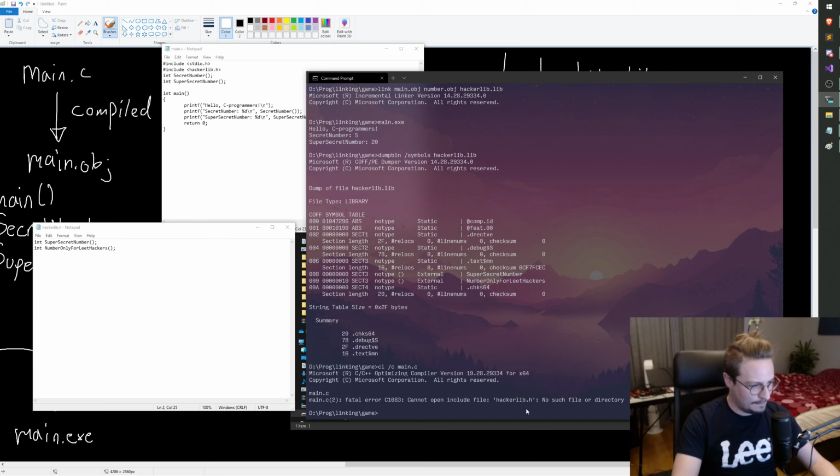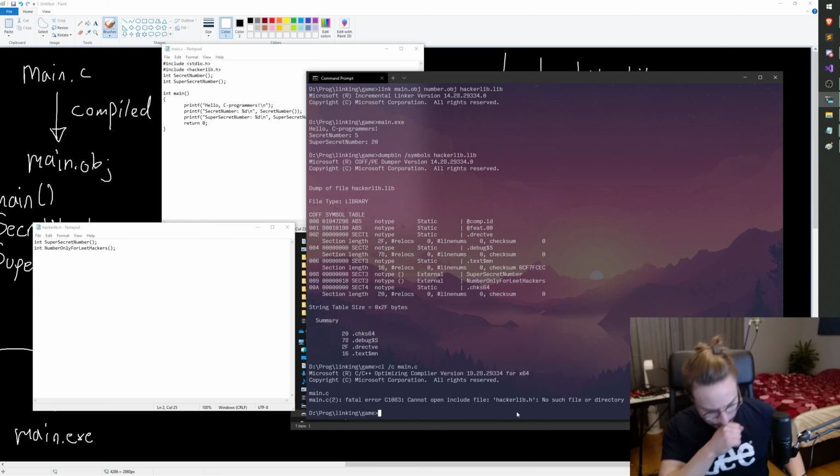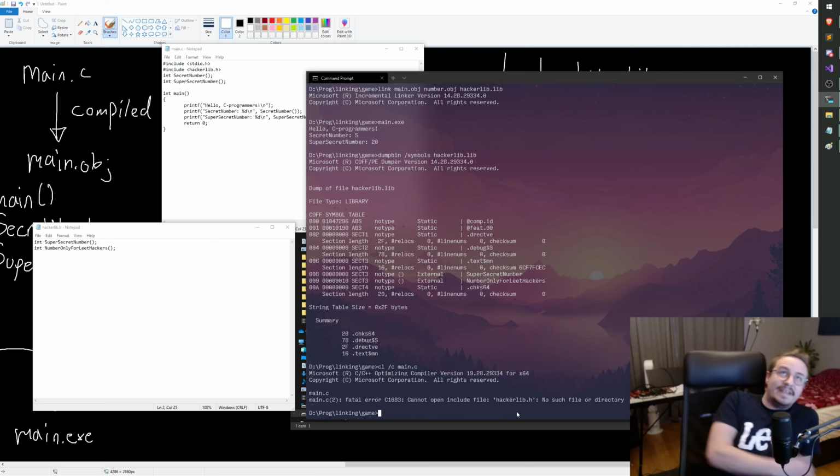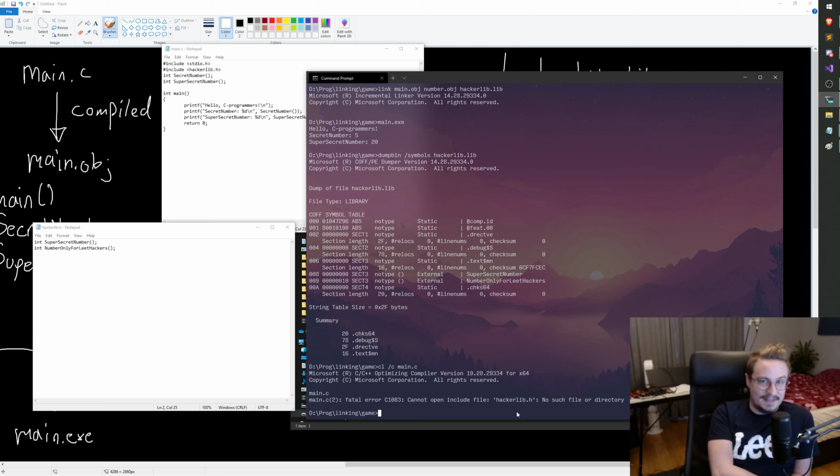So that sucks. How do I fix this? Well, the C compiler does a few things when we include. First of all, it checks the local directory. So it checks, okay, this file that you're trying to include, is it in the same folder as the C file? So it checks the local first, and then it will check the